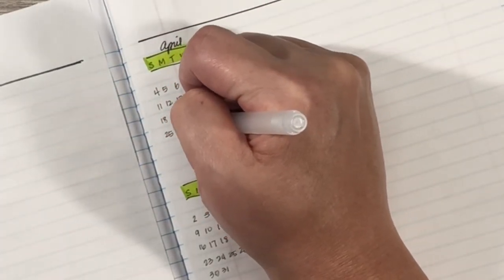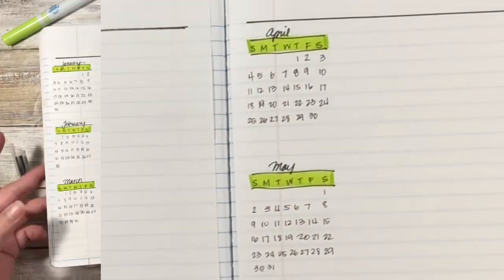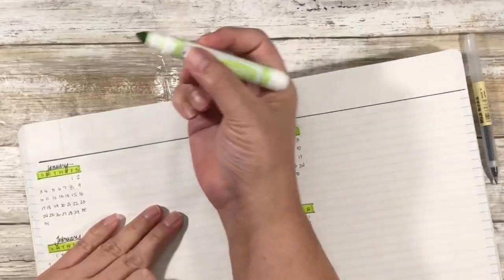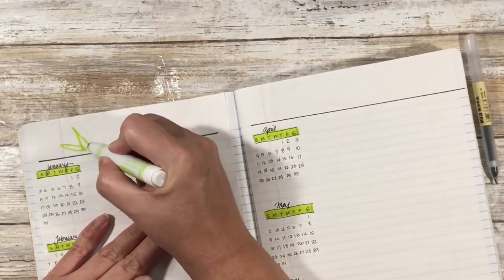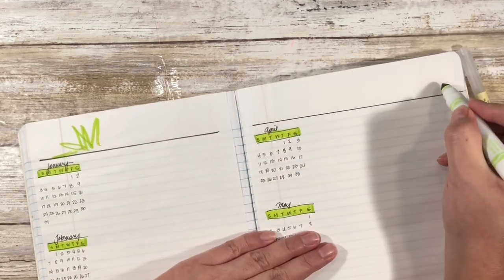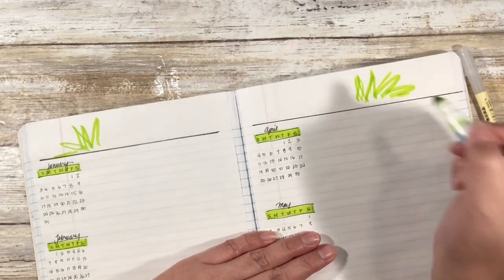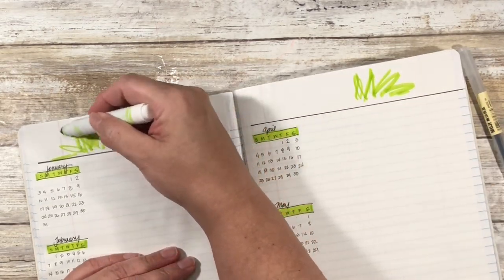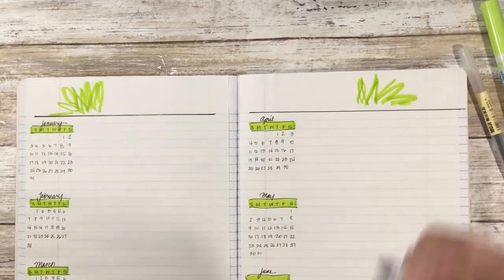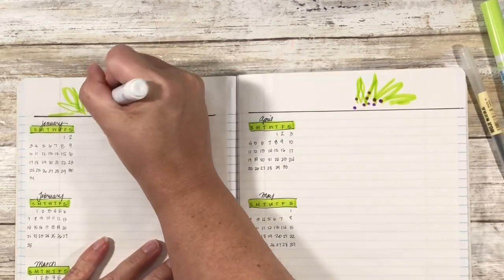And there are 30 days in April. Up here, we're going to carry sort of the same theme, but we're going to leave that center. And so we'll kind of do that kind of business. Again, we're just adding some color to the page. Makes it a little fun,